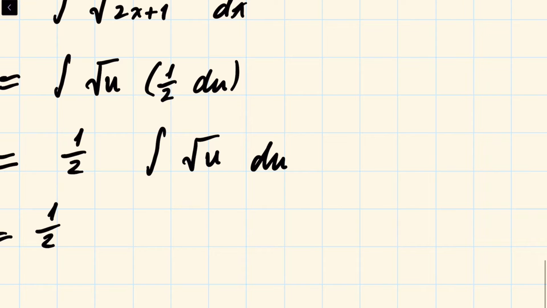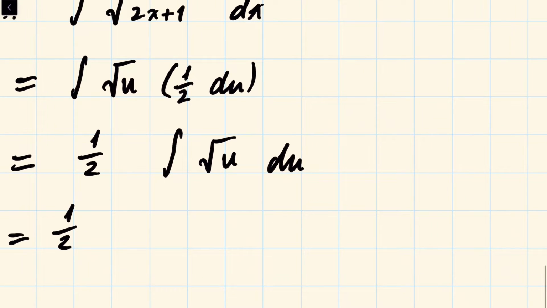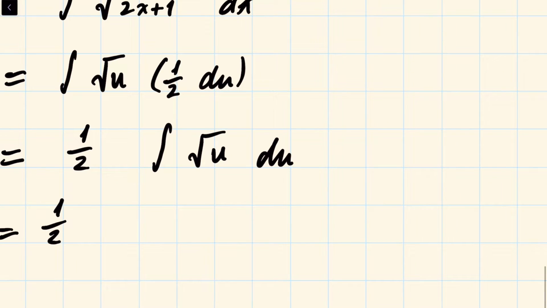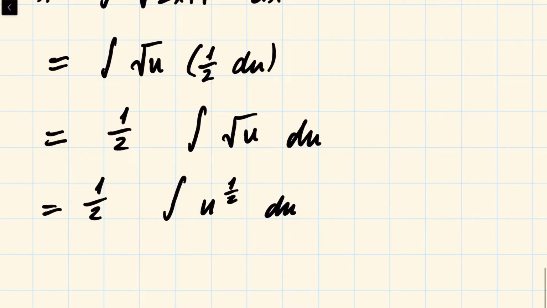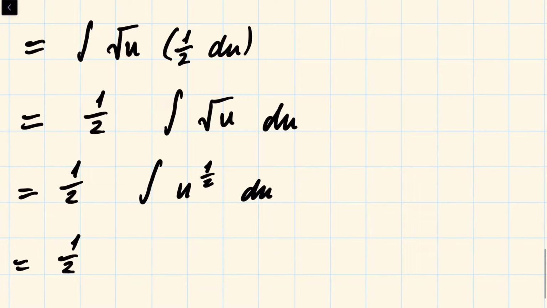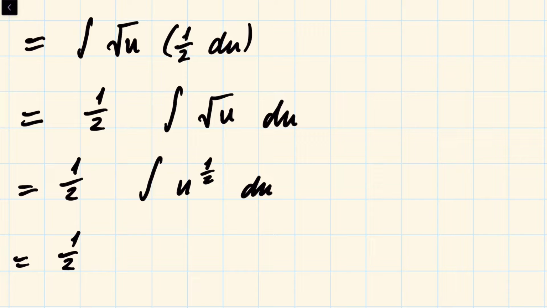So that's the indefinite integral of u to the half du. So we're going to have 1 over, as our antiderivative here,